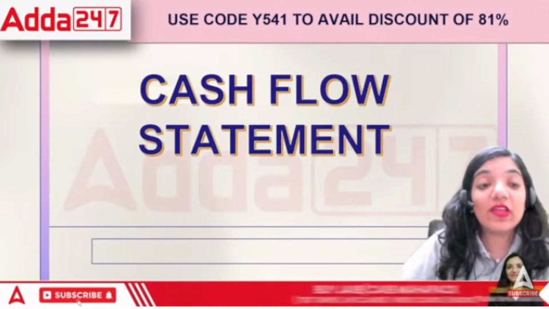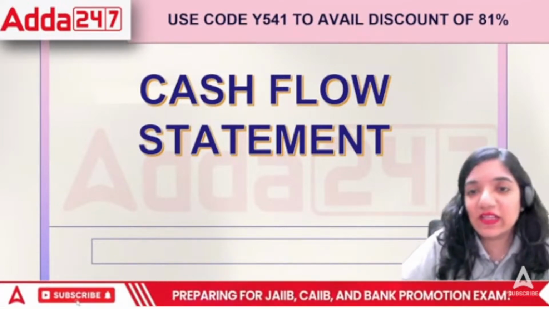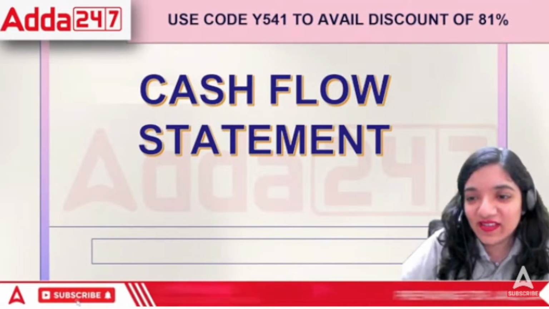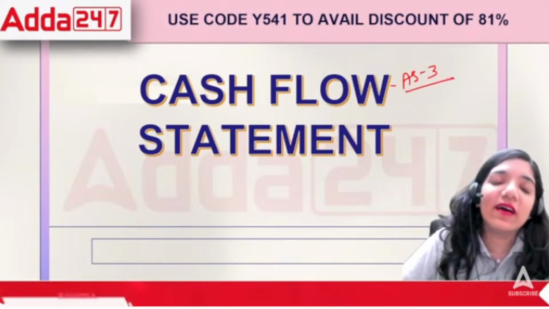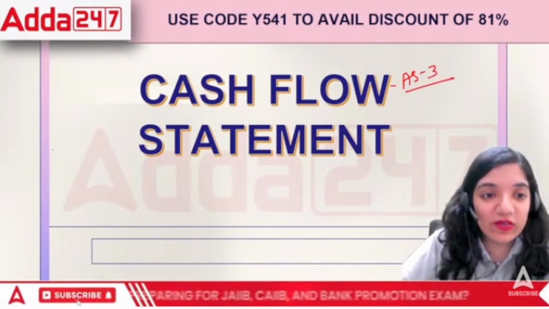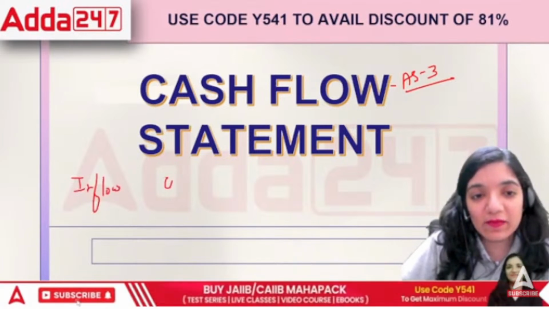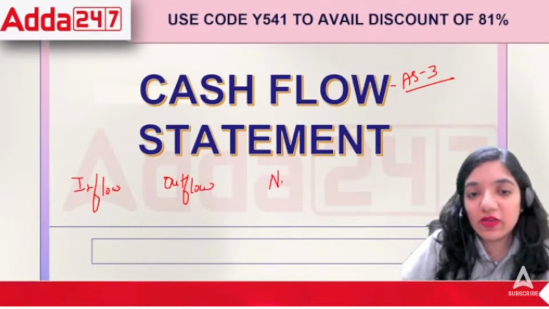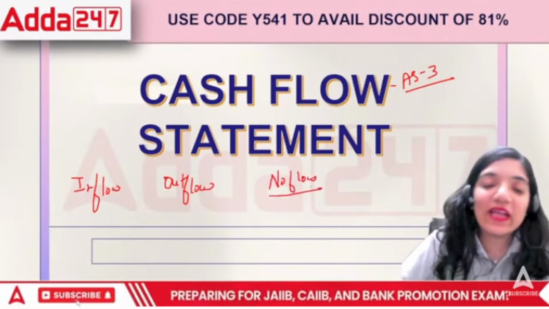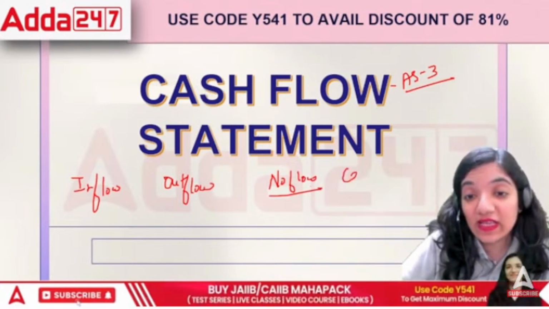So, starting with the area of cash flow statement, when we define the cash flow statement, it is as per Accounting Standard 3. It is given as per AS3, where cash flow statement is about the movement of cash. It can be inflow, it can be outflow, and it also can be no flow. No flow means cash and cash equivalents changing their forms. For example, cash or bank balance,